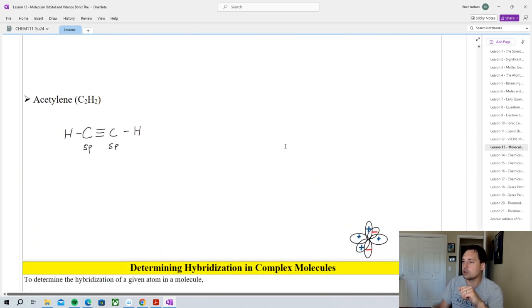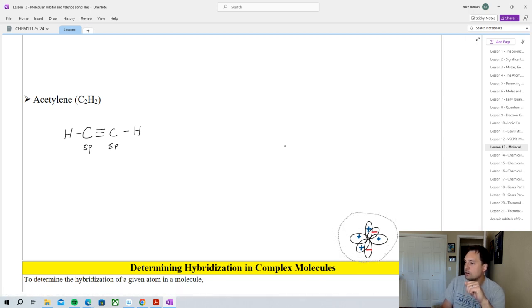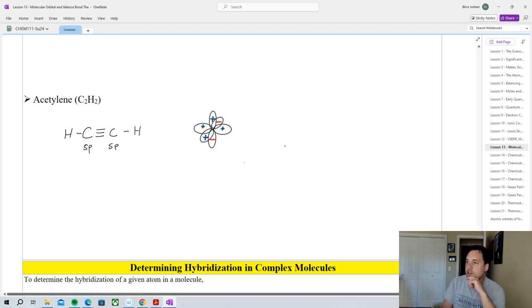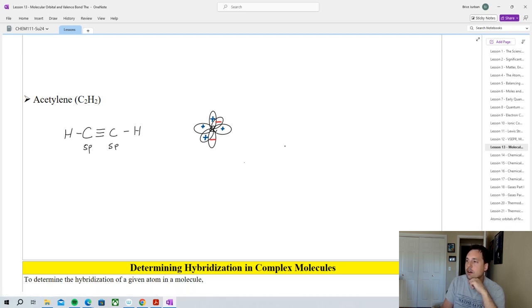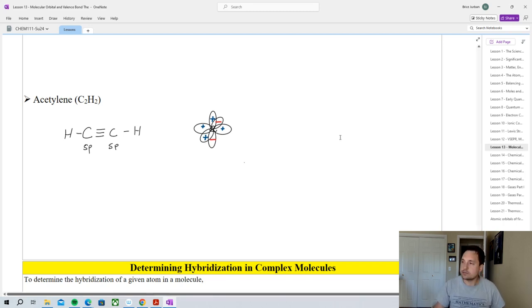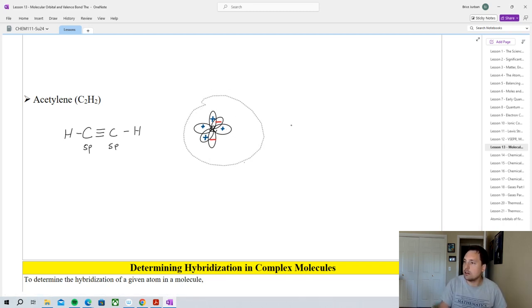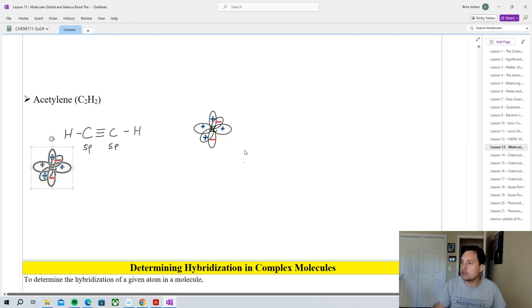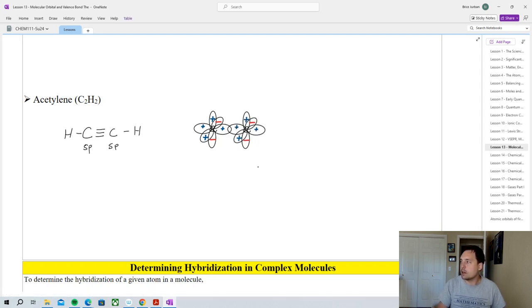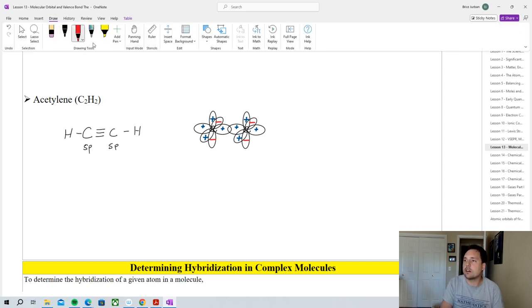So let's look at what that looks like. I included this already down here. This is going to represent my first carbon, and this is sp hybridization, where we have the unhybridized 2px and 2py orbitals. All right, let me get another one of these. Now when these 2 carbons come together, their sigma overlap occurs between the hybrid orbitals, and then we end up getting the triple bond that is going to occur between,